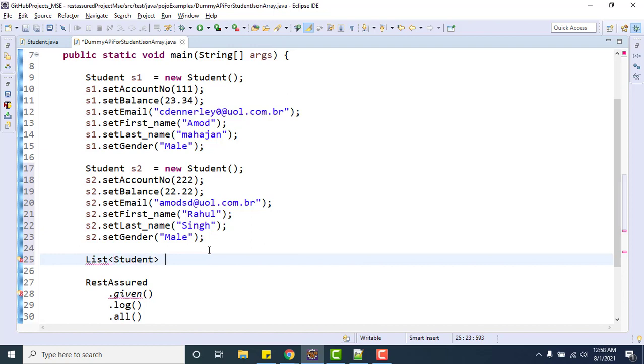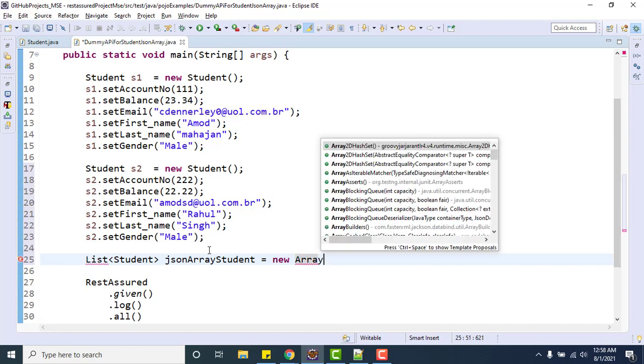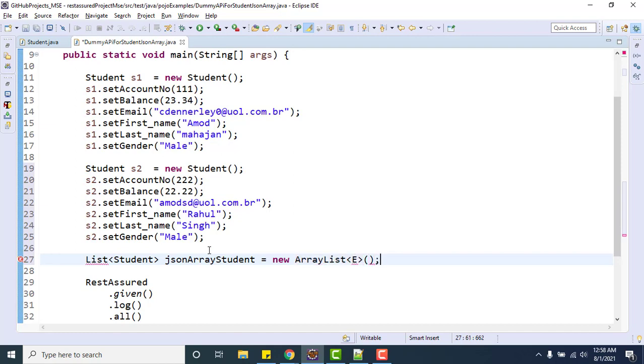You can name it JSON array student, new array list. Let me import the list from the java.util package.